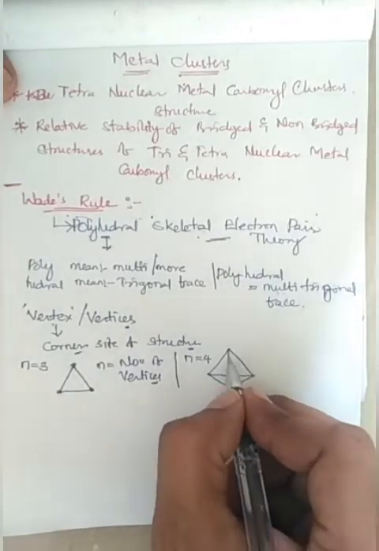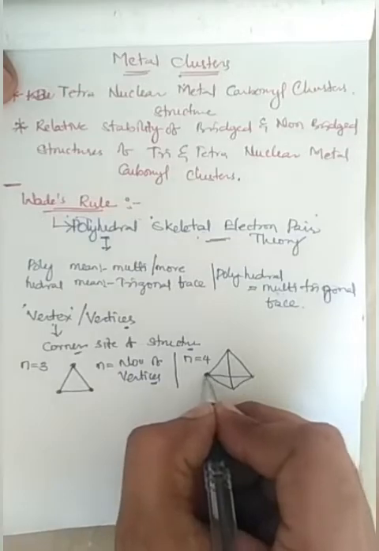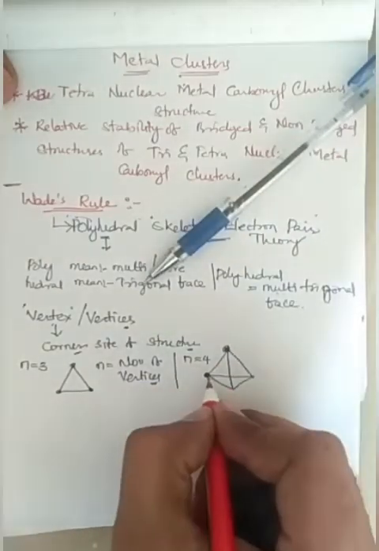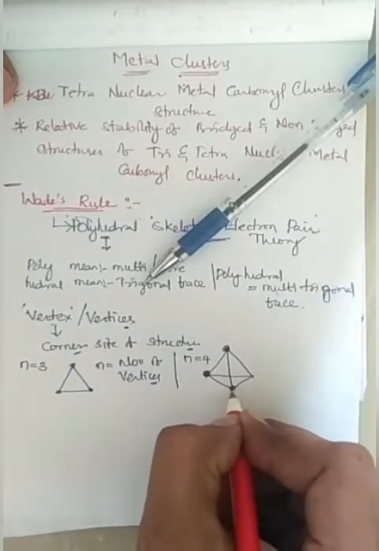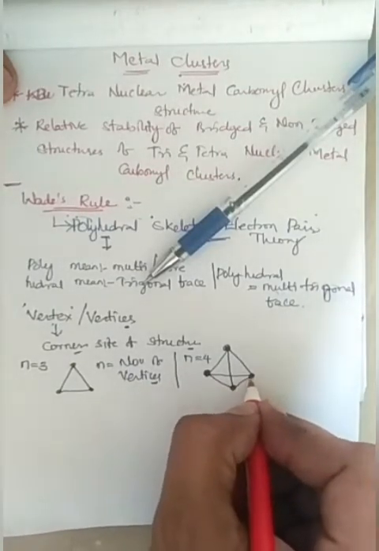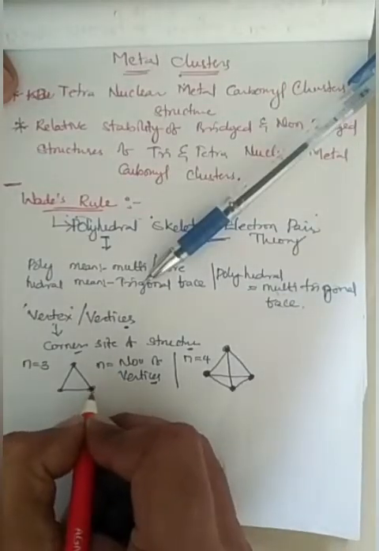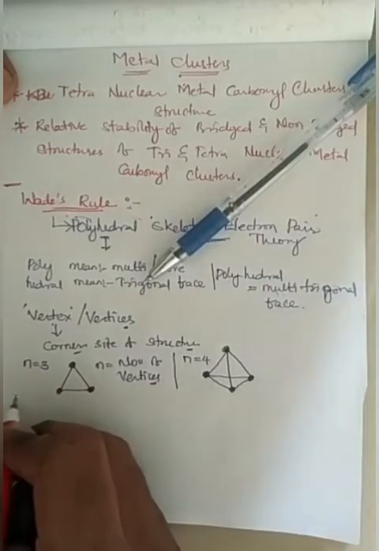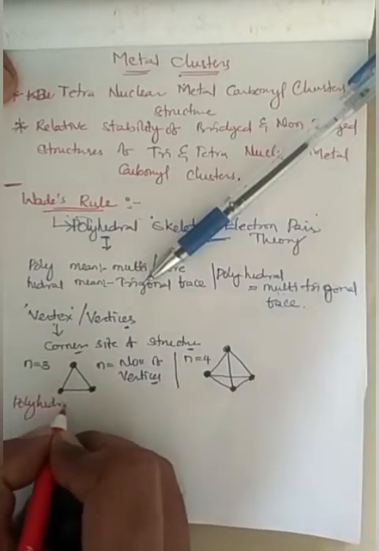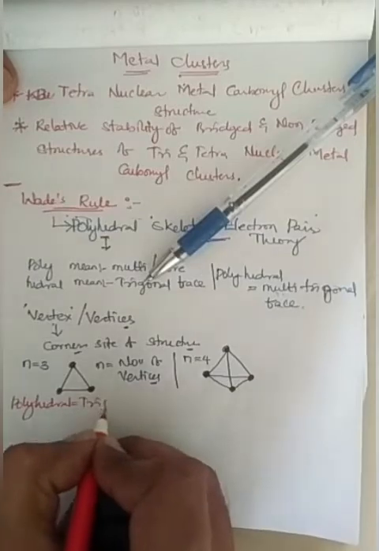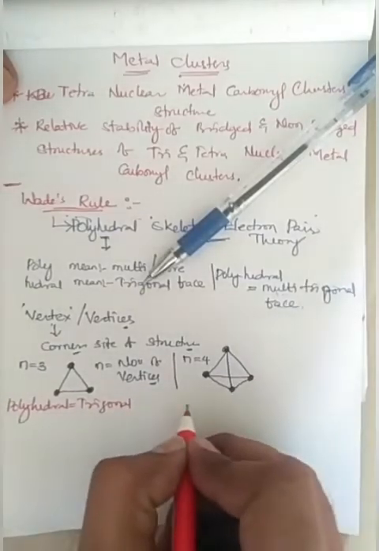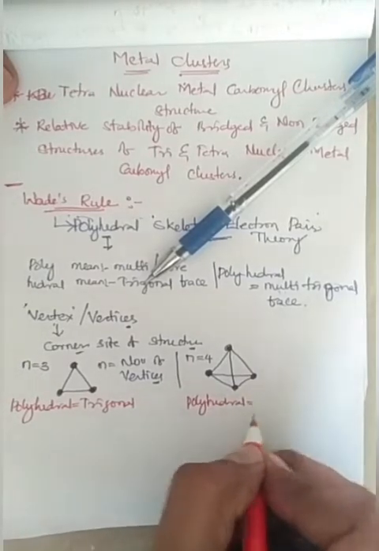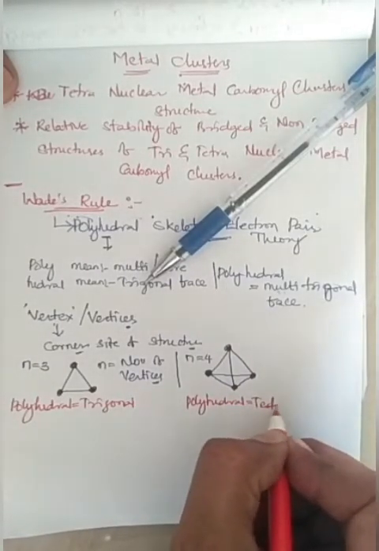It will become tetrahedral, where the vertices will be 4. 4 vertices polyhedral is tetrahedral, 3 vertices polyhedral is trigonal, where 4 vertices polyhedral will be tetrahedral,